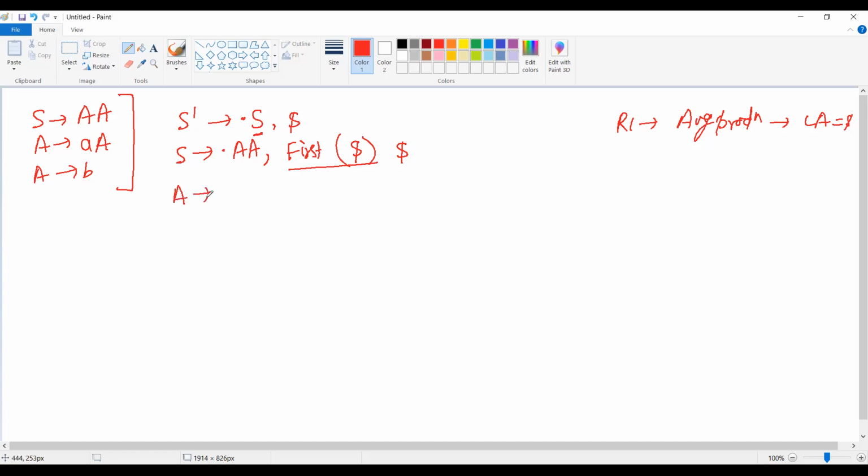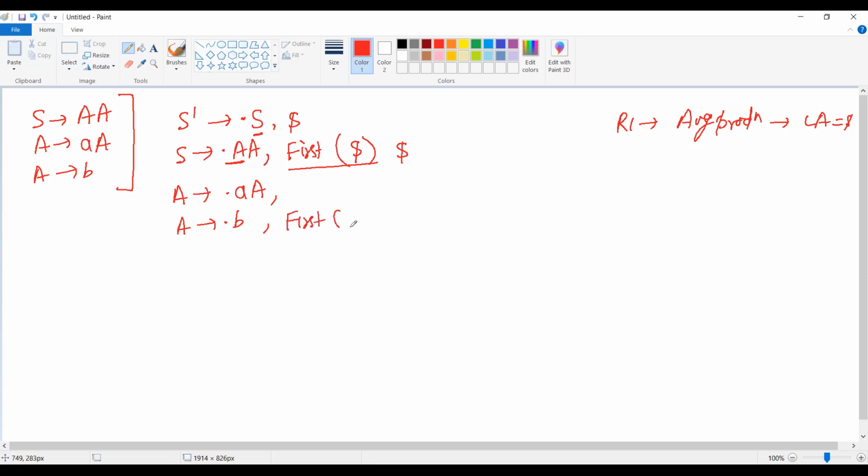Now we can see that dot is before the non-terminal capital A. So I'll add the productions of capital A. LR0 item मैंने A के add कर दिए. Now the question is that I have to add the look ahead also. Now after this capital A, which is after it? Capital A and $, right? So what will I do?